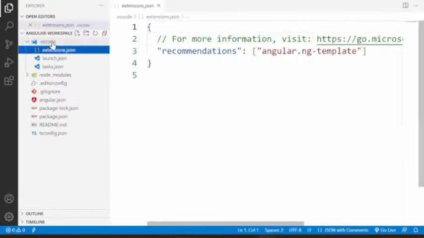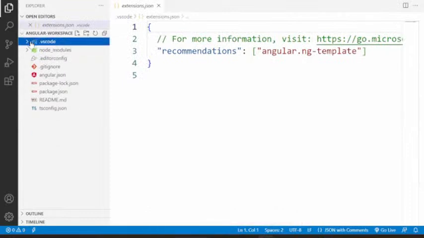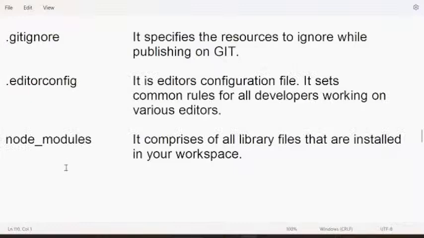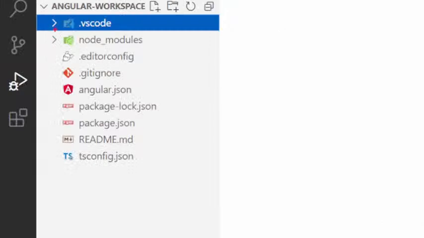These are project related. VS Code is not related to the Angular project. Remember, this is not related to Angular. It is just added by VS Code. VS Code added this extra. In every Angular project workspace, you will not have this. Why did VS Code add extra?